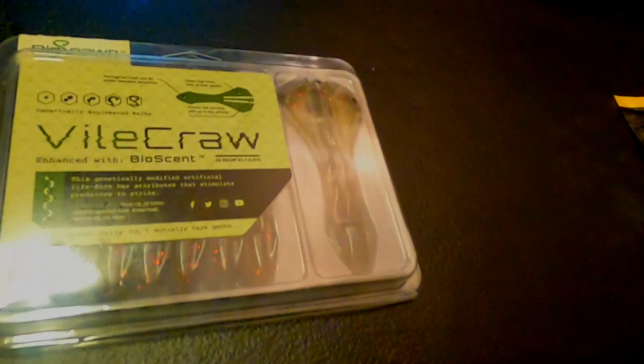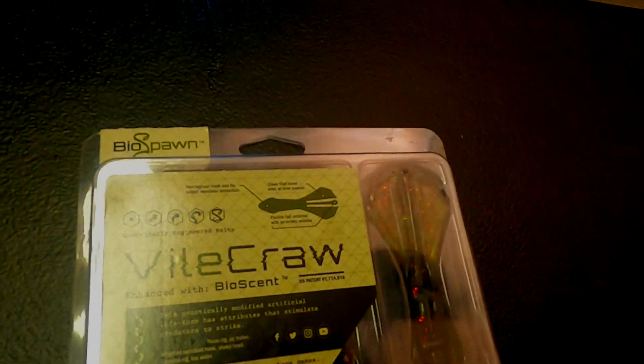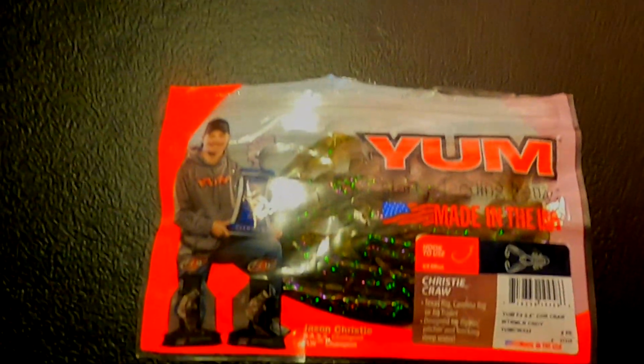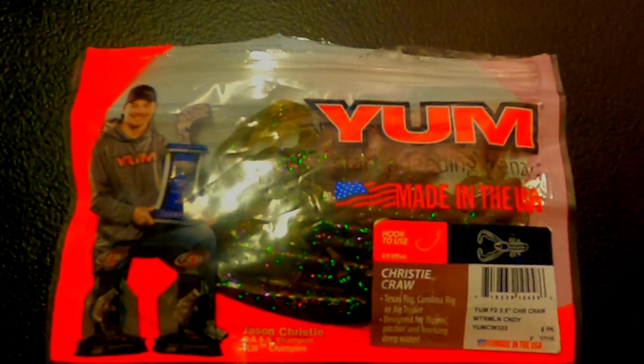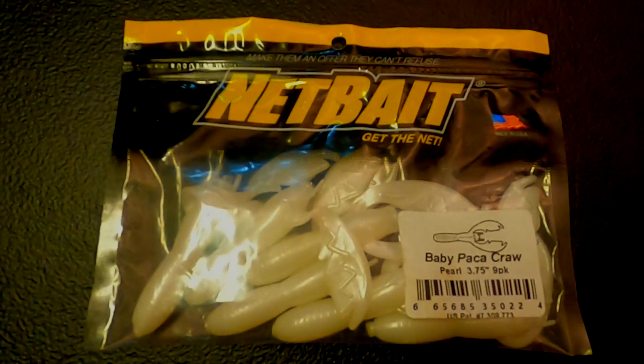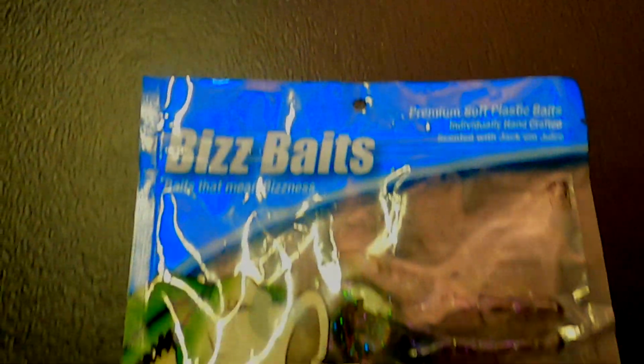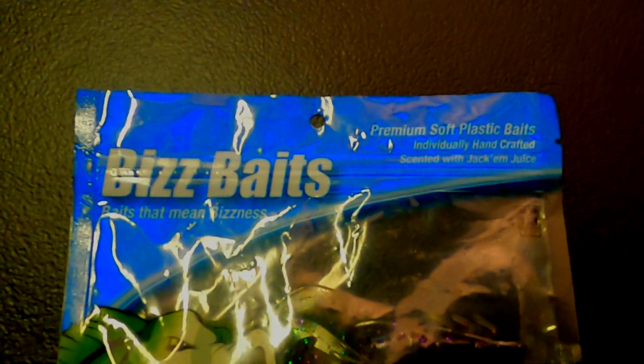So let's go over the 8 craws that we're going to be testing today. The first one we're going to be testing today is the Vile Craw by Biospawn. And that's what the actual craw looks like. The next one we'll be testing is the Yum Christie Craw. The third one we'll be testing is NetBait's Baby Paka Craw. And then we're going on to BizBait's Cutter Craw,